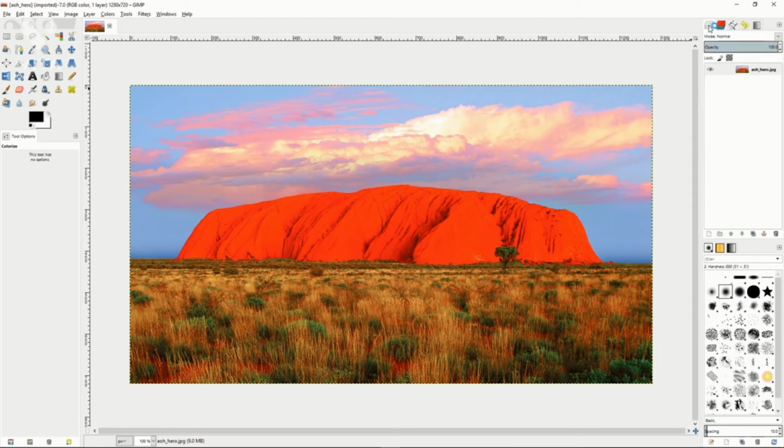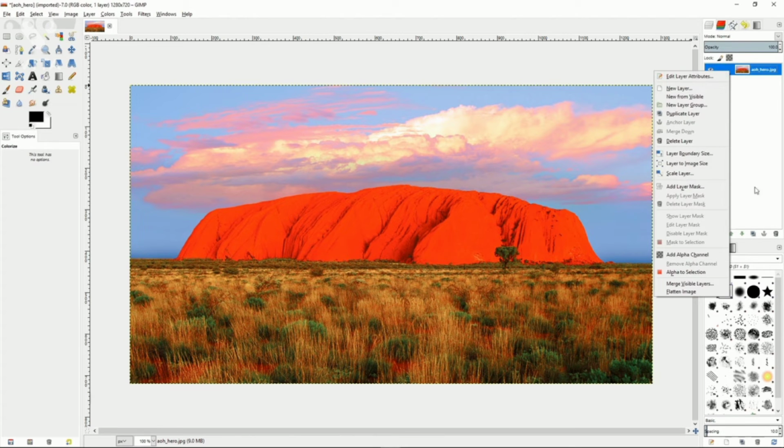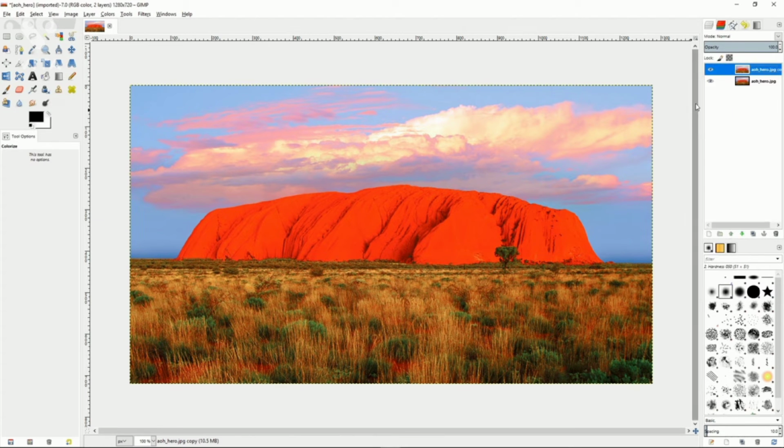So if you go over to the left, you can see we are normally on our layers section here, and we want to create a copy of our original layer, so duplicate layer. And then we want to go over to channels, and you can see what we're going to do here is select our red channel from the rest of our channels here. We want to select all on our image. I'm going to drag the red channel down to the copy down here, and then we will start by creating